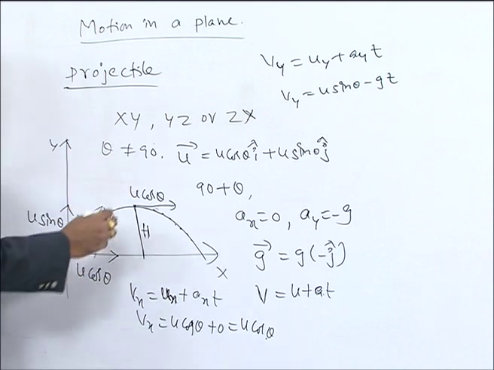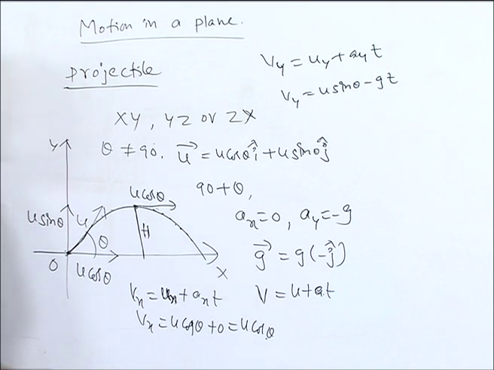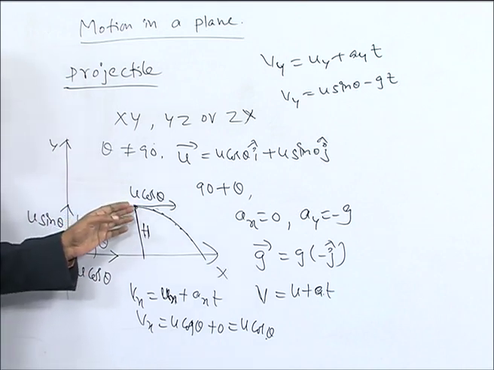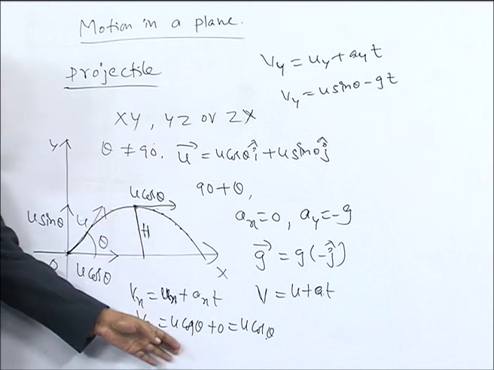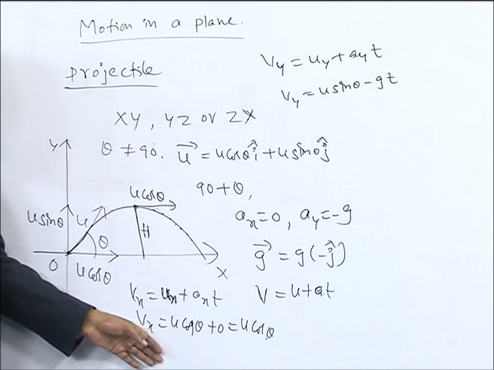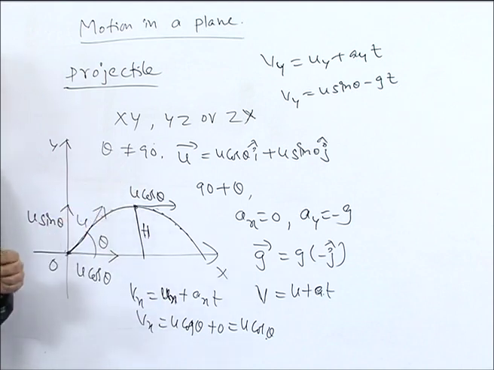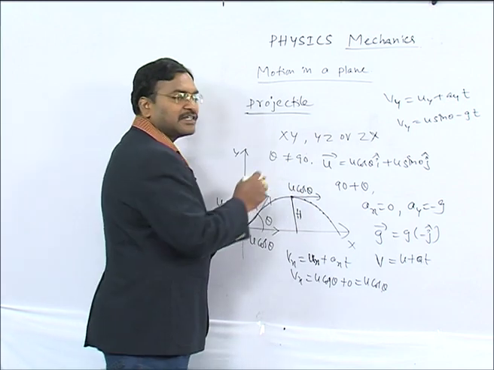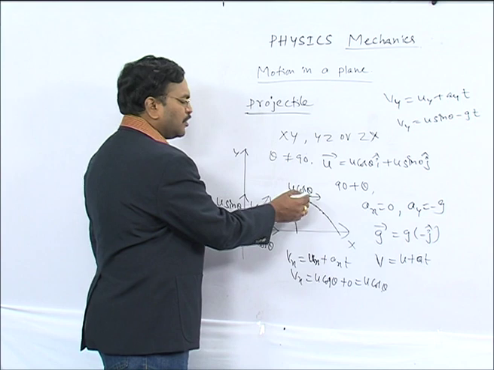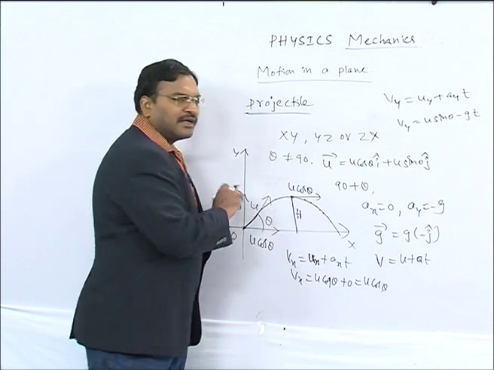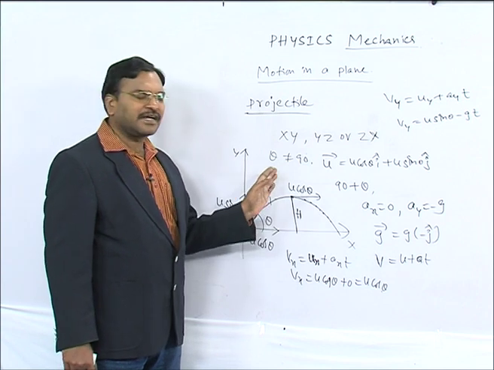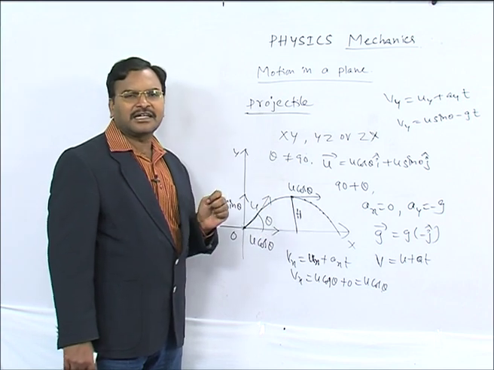But at the maximum height, the u sin theta value becomes 0. So it has only velocity u cos theta. And why? Because there is no acceleration in the horizontal direction. Now, u cos theta is the minimum velocity of a projectile, and the velocity of a projectile at the maximum height is also u cos theta. So in the horizontal direction u cos theta is constant,